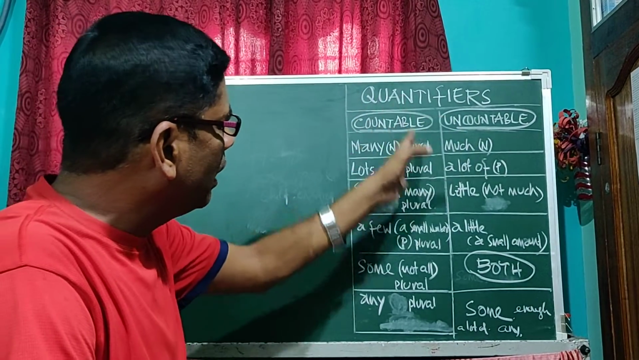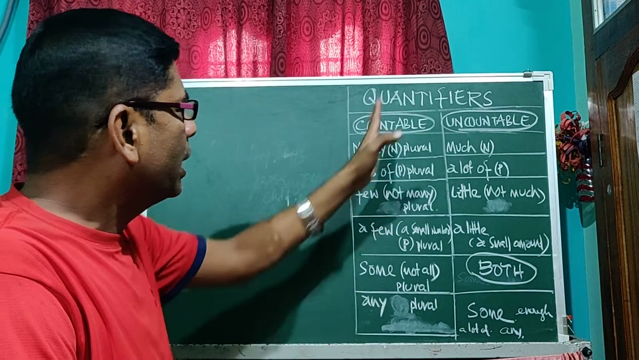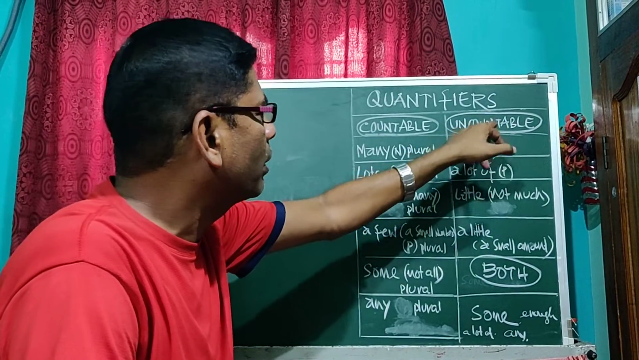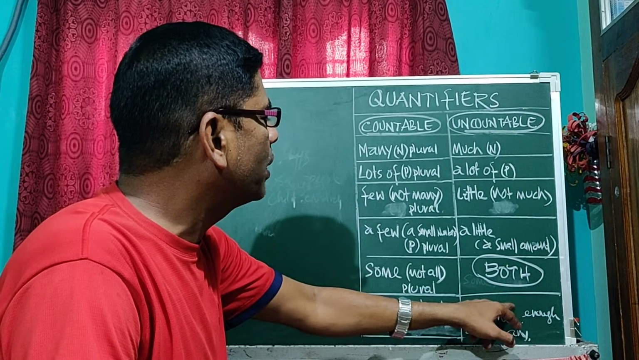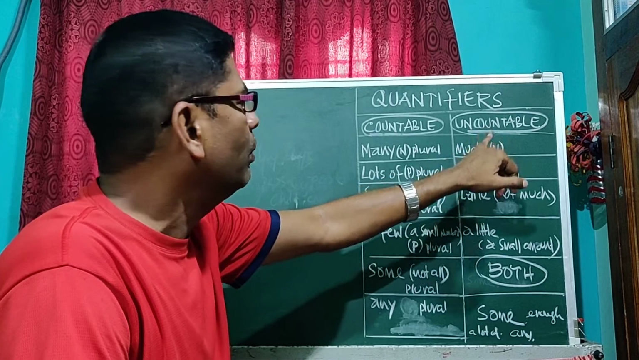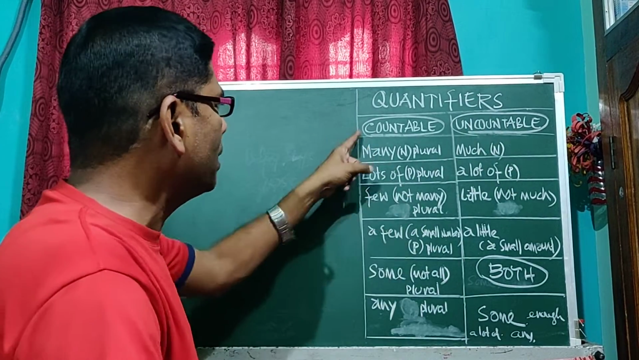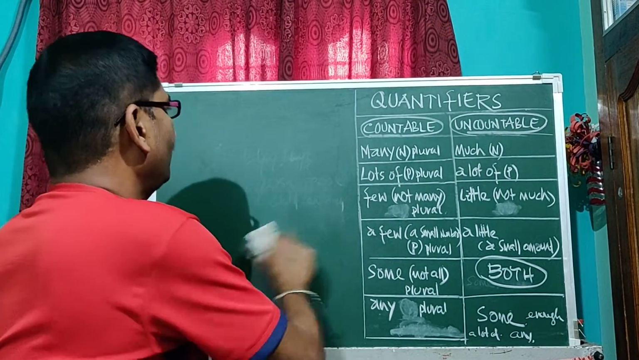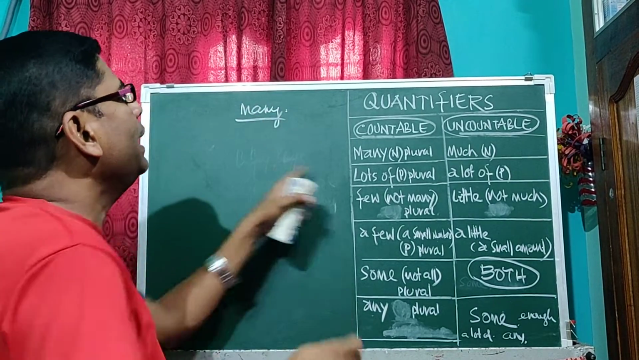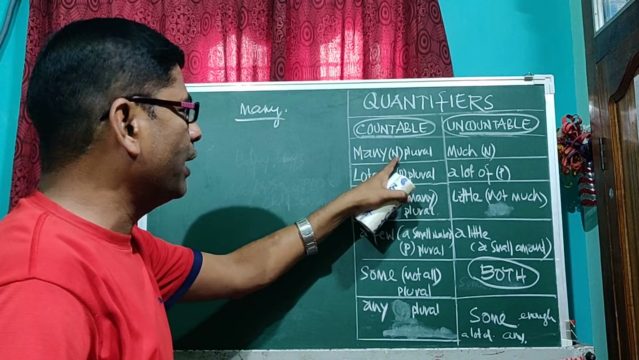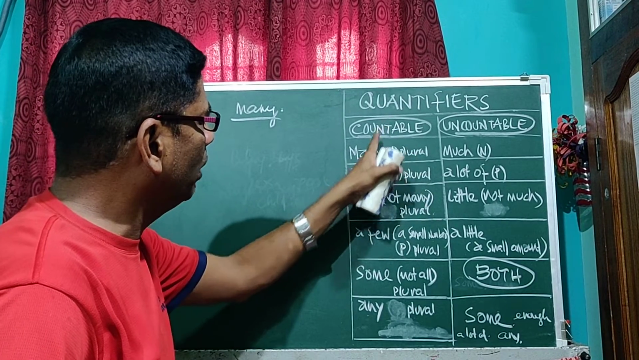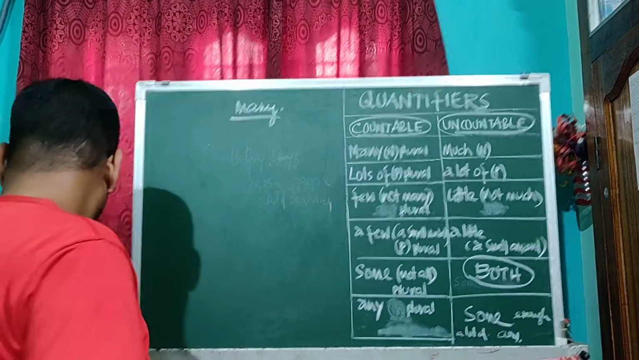So these are the quantifiers which can be used for countable nouns, and these are the quantifiers which can be used for uncountable nouns, and some quantifiers we can use with both countable and uncountable. Now we will discuss in detail. First, many. Many is used for negative, plural, countable. For example,